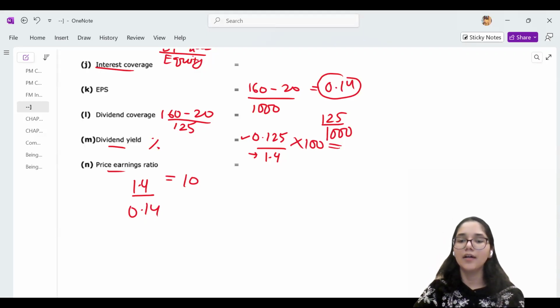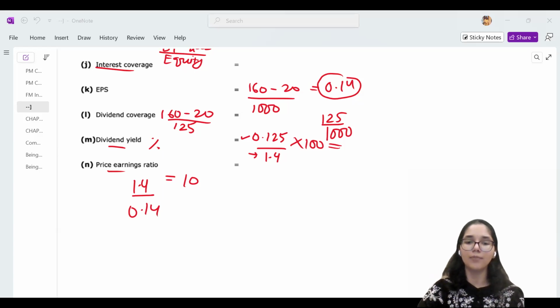Okay. So here we have solved this activity together to be able to see whether we are able to use all of the formulae or not. Any queries in this activity?